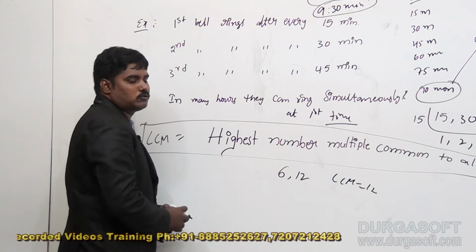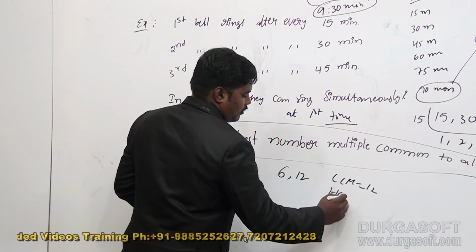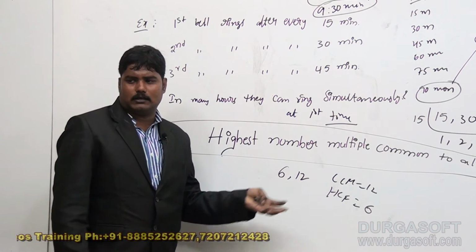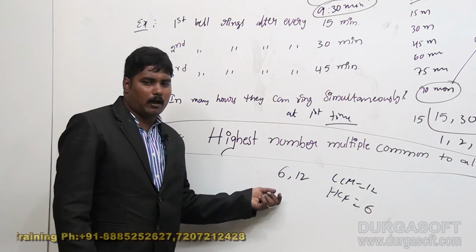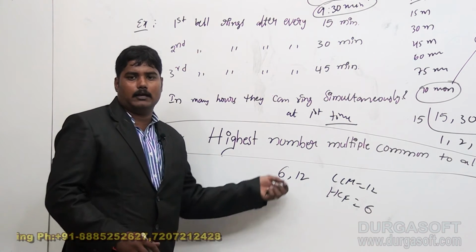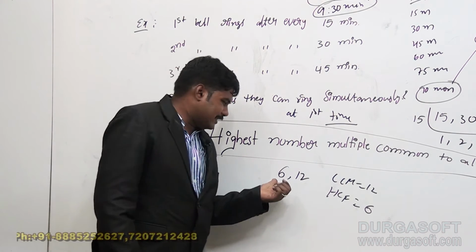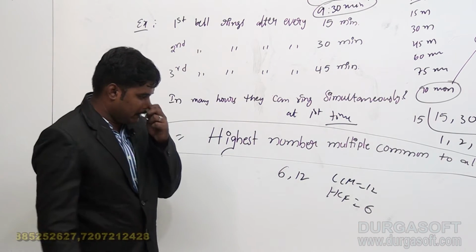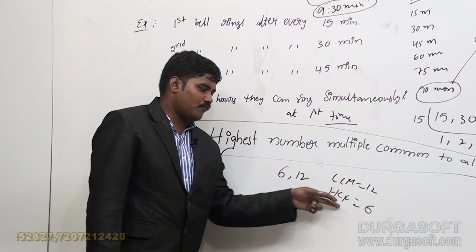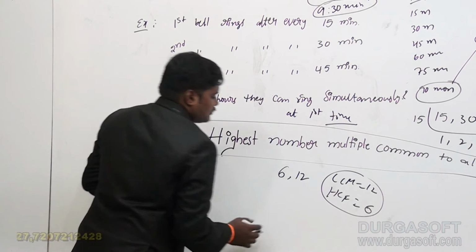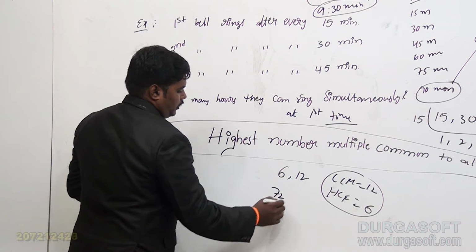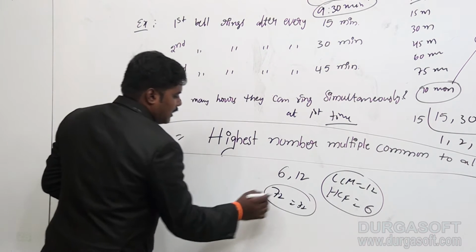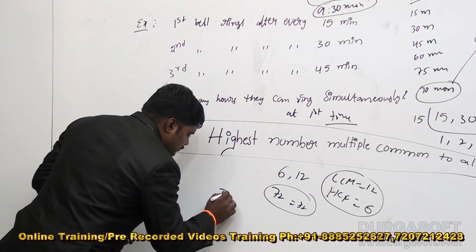What is the HCF of these two? Here the HCF is 6. What is the highest common factor of 6 and 12? Only 6. So 6 ones and 6 twos, that is the only condition. So HCF is equal to 6. 6 into 12 is 72, and 12 into 6 is 72. That means here the product of the two numbers